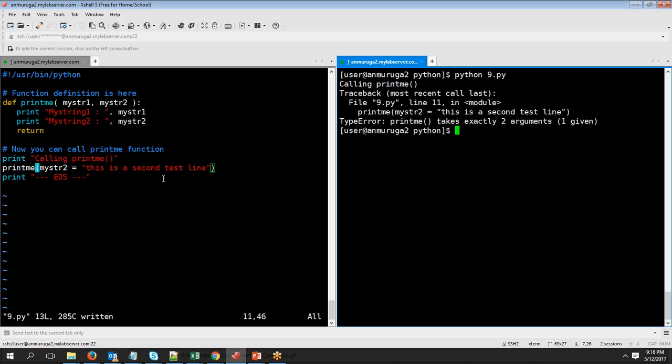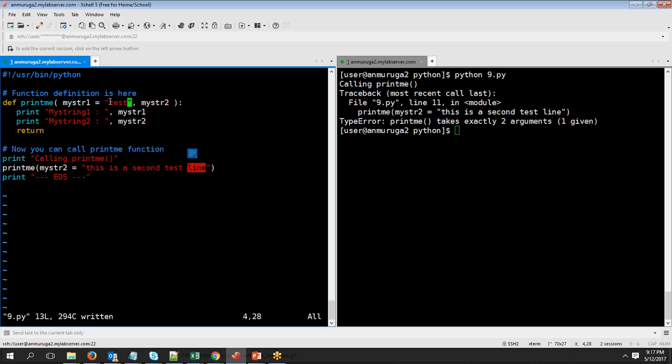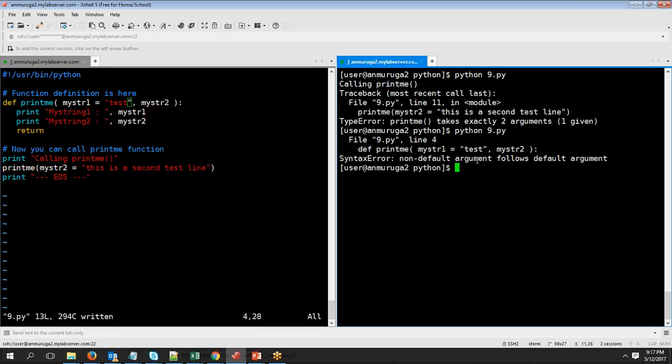So now, the same thing, while defining, let's say I give some value. Okay, so now what will happen is whether the user is passing it or not, it will always take this as the default value. And if the user passes the value, then it will override this with whatever value you're passing. So if you see now,